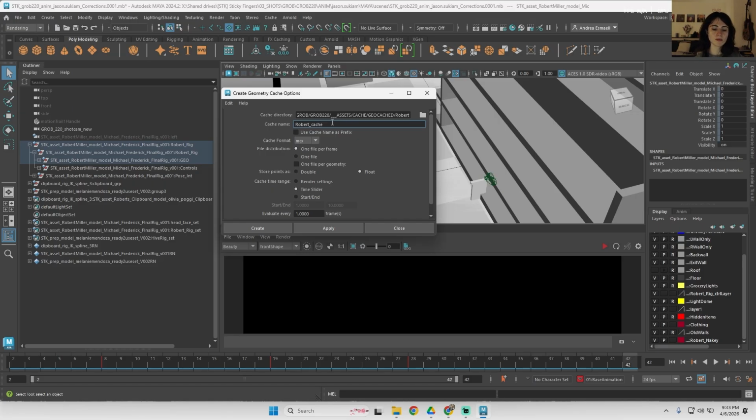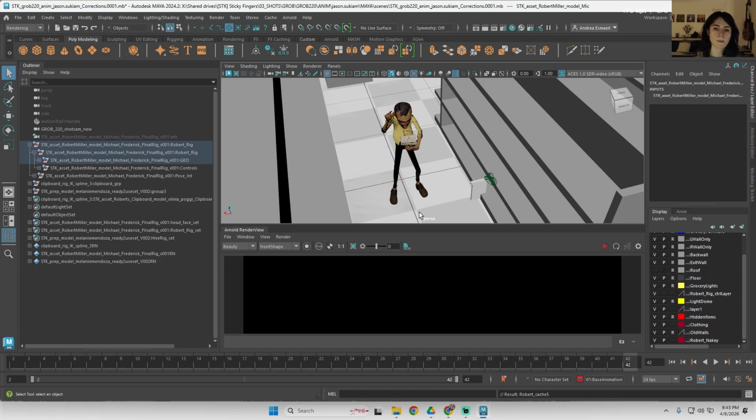I think I have some from practicing, so I'm just gonna do like 5. But just name it Robert Cache 1, so that if you have to recache for some reason, you could just keep versioning up the cache, and then click create. You're always gonna get this weird message on the bottom, but you could ignore that. Alright, that should have cached